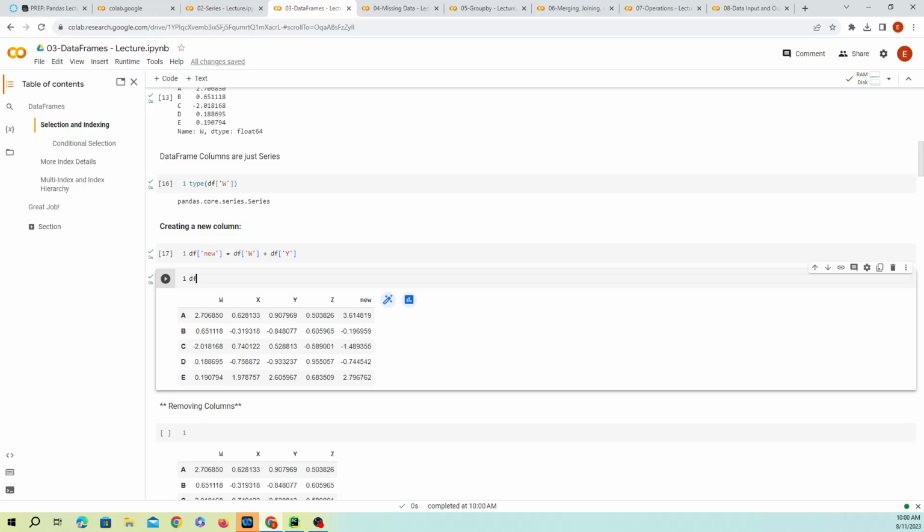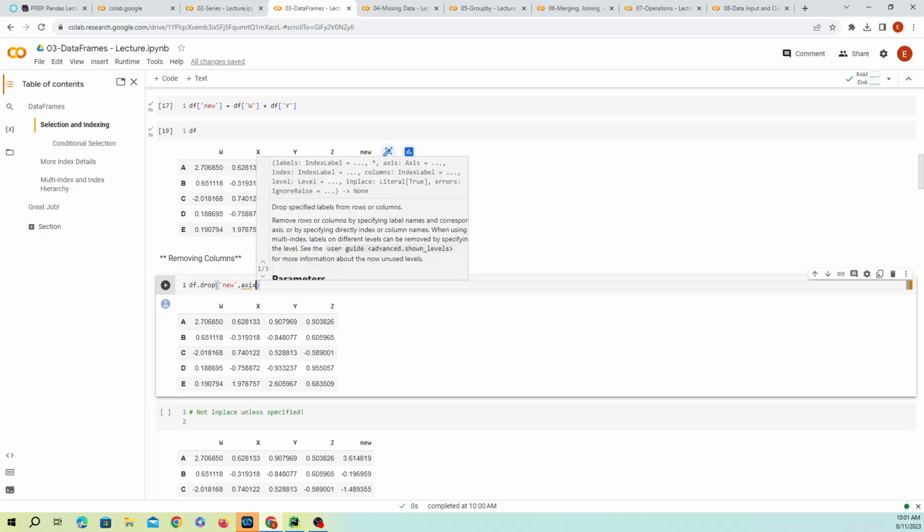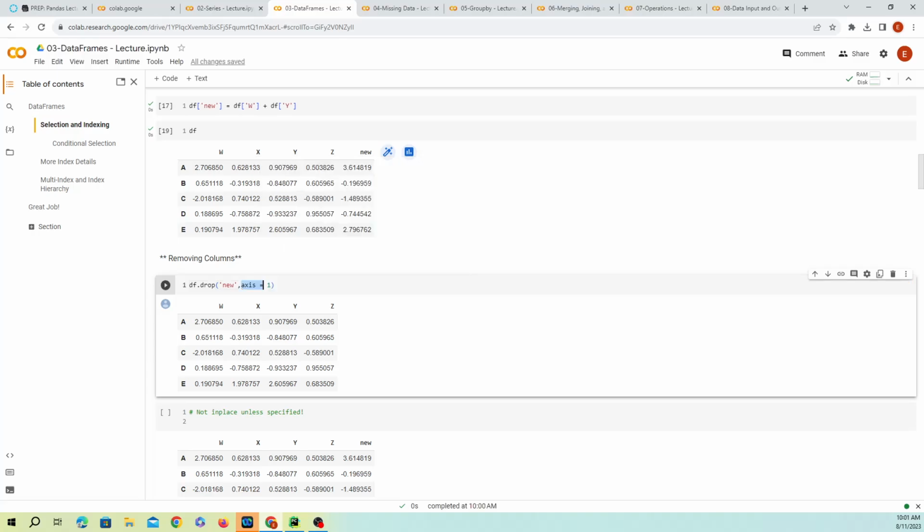And so we can also make changes to our data frame by doing the method call drop. What we can do is specify which column we want to remove. I'm saying I'm going to remove the new column. And we need to use the axis to refer to the columns, so axis equals 1. If I want to refer to the columns, I have to use axis equal to 1. Otherwise, it would drop